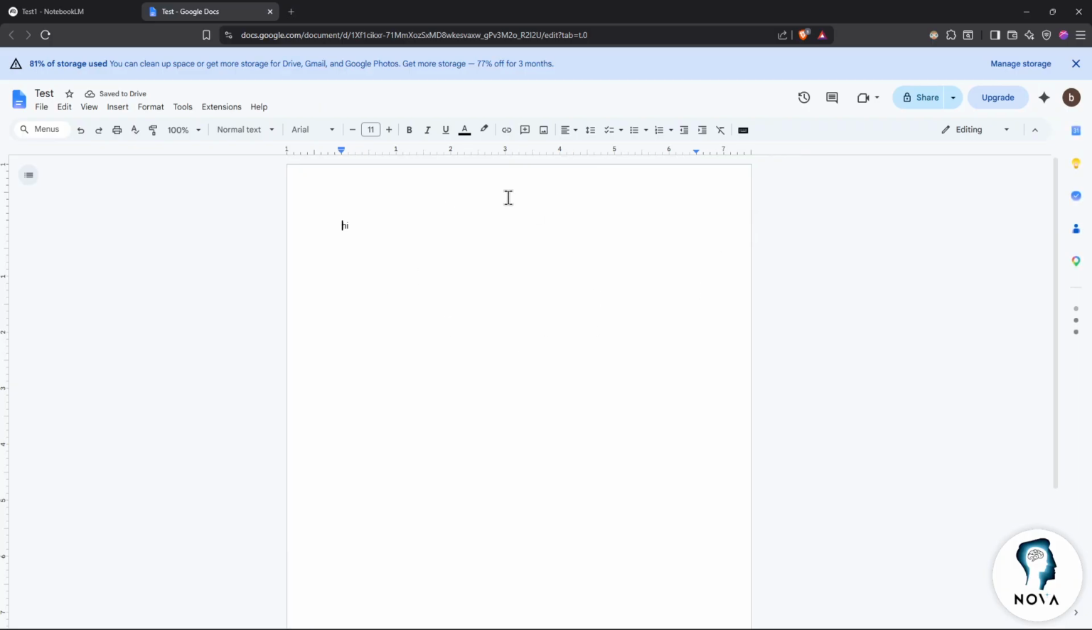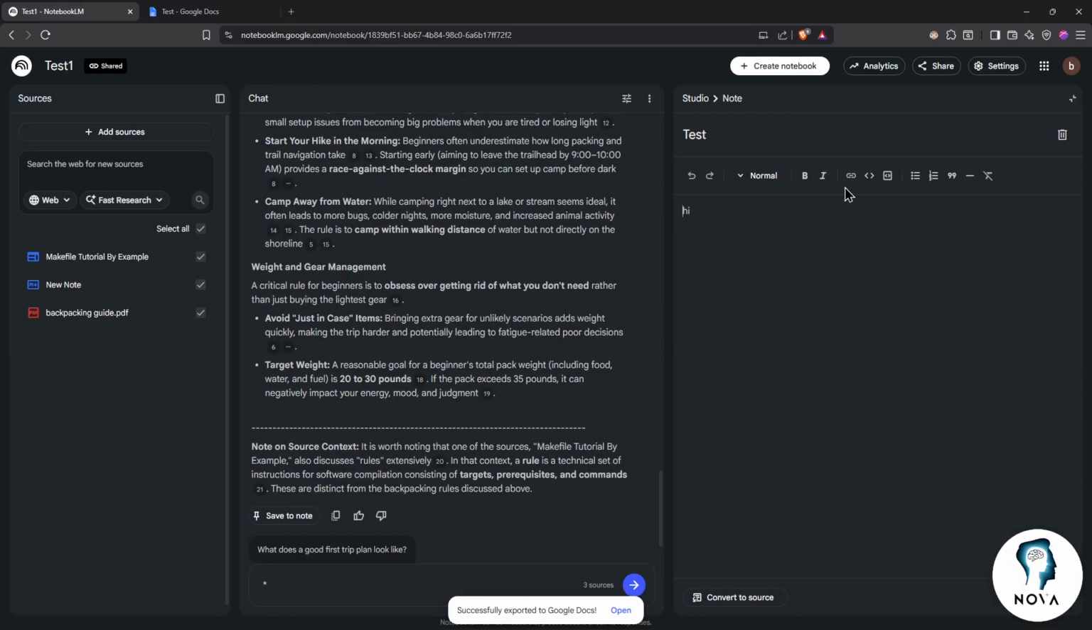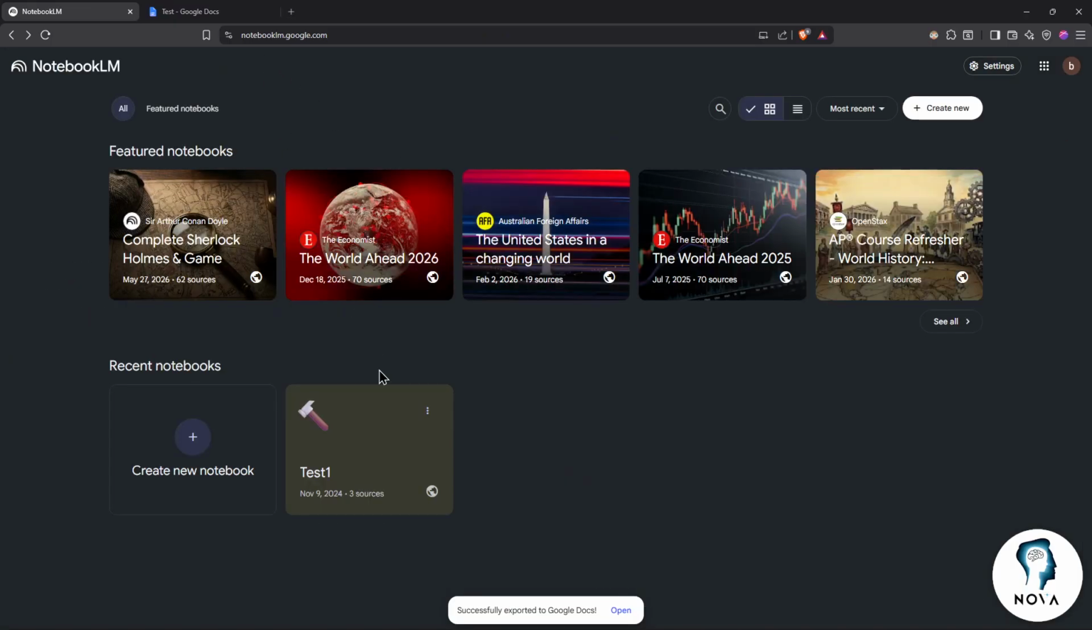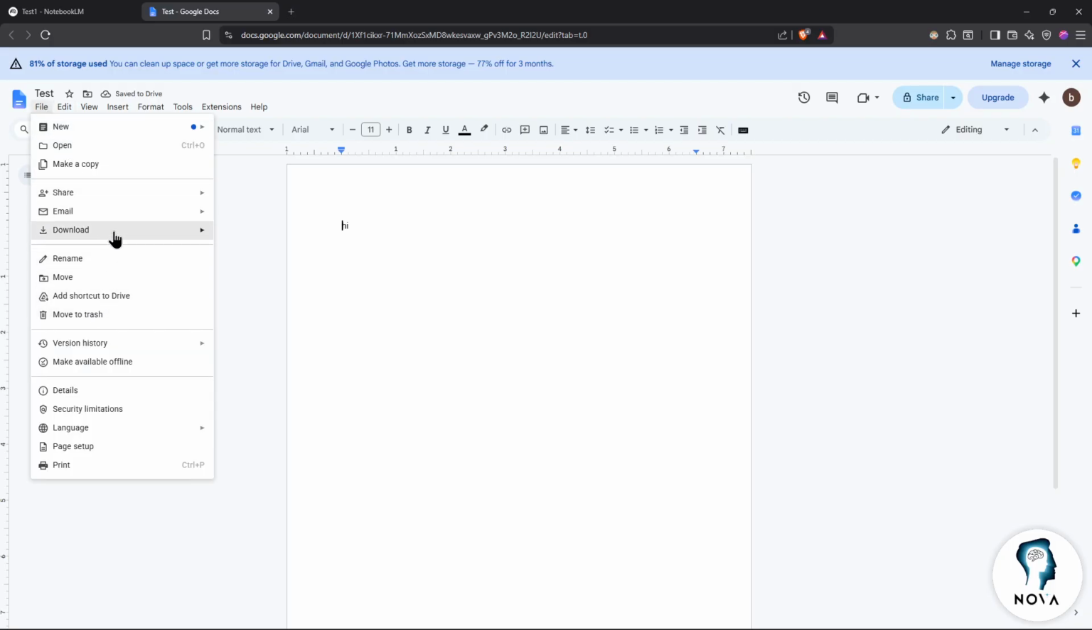So as an example, just go and export your note to Docs, like this one. If you have any other notes, you can do that as well. As you can see, this note contains only "hi". That's why it has here only "hi". And now to download it from Google Docs, you can go, as an example, to File, and from here go to